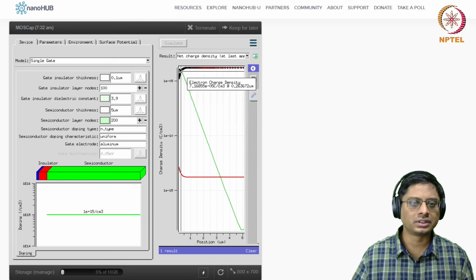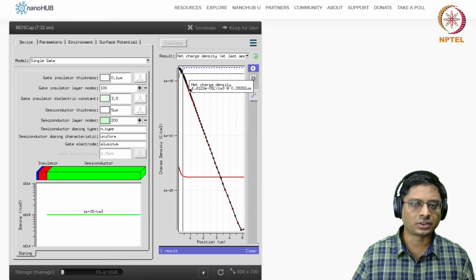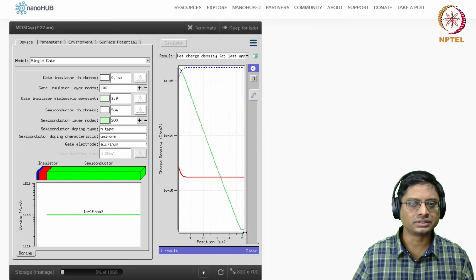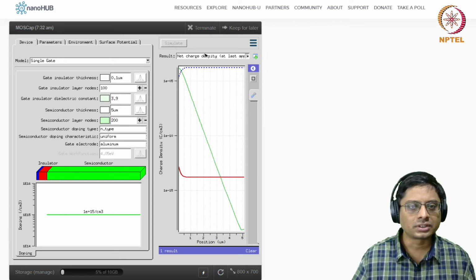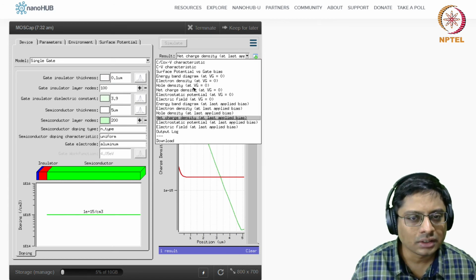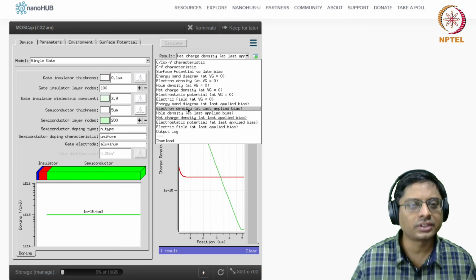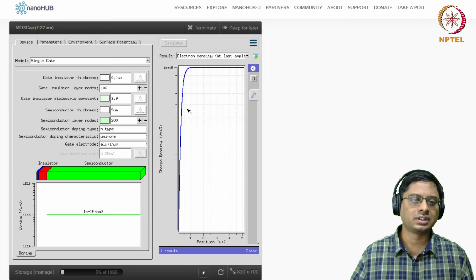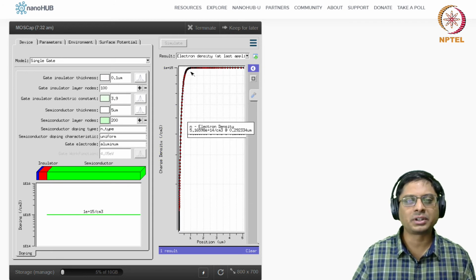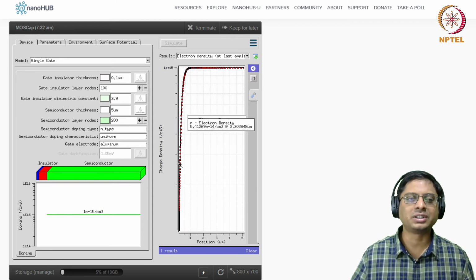So this is the electron concentration, which is very, very steeply falling. Let's look at it. The electrons don't get lost in bias. Yeah, the N-type semiconductor we have depleted, but not a lot actually. There is a very, very small depletion.